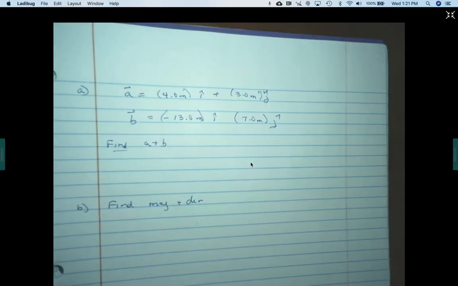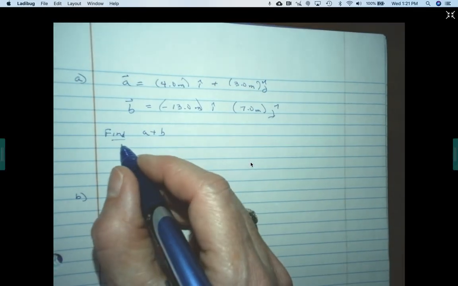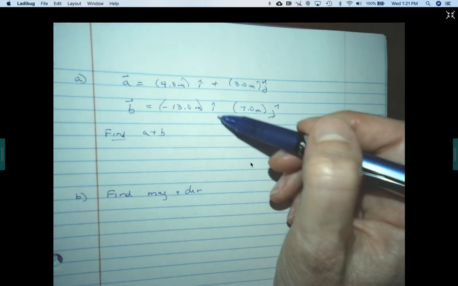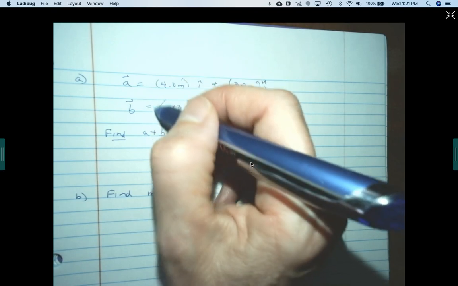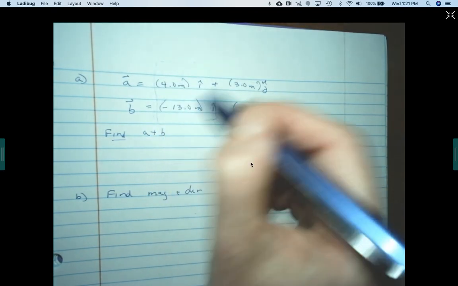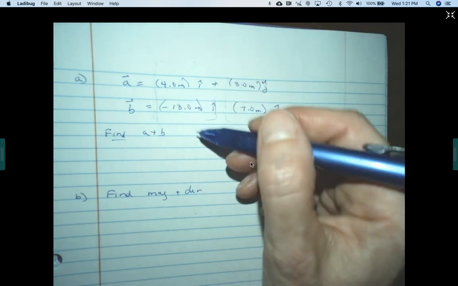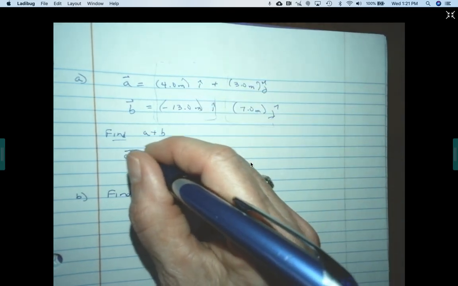Okay, so there we go. All right, so we can find A plus B in two ways, right? We can combine our x components and our y components, if we think about what those look like. So here, A plus B